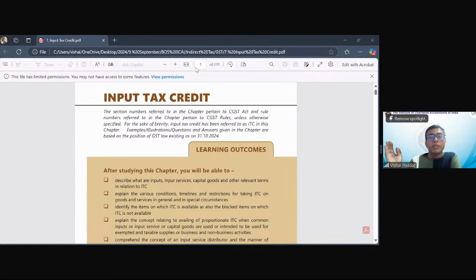The input side of the business is whatever you are getting into the business for giving your output. Now, broadly, what we are getting into the business has been classified into three categories. One is inputs, one is input service, one is capital goods. Inputs are those other than capital goods. Then you have input service, meaning all services on the debit side of your business. And thirdly, all those items which we capitalize in our books, which we call capital goods or assets. So your business functions on these three input items.